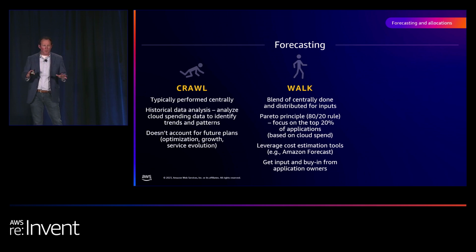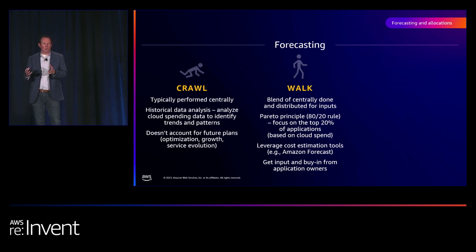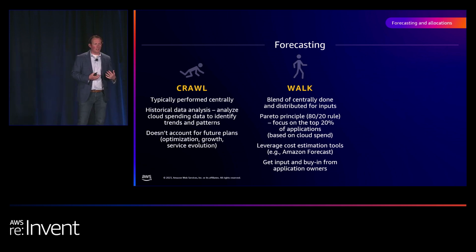This works out pretty well anytime I review anybody's cloud bill, which is 20% of the apps account for 80% of the cost. It's pretty close almost every single time. So as you think about that, take advantage of that from a forecasting standpoint. Dive into just maybe the top 10 apps, top 5 apps, or maybe top 20% apps. Maybe partner with those application owners to understand what inputs do you need? How do you predict their demand in the future?